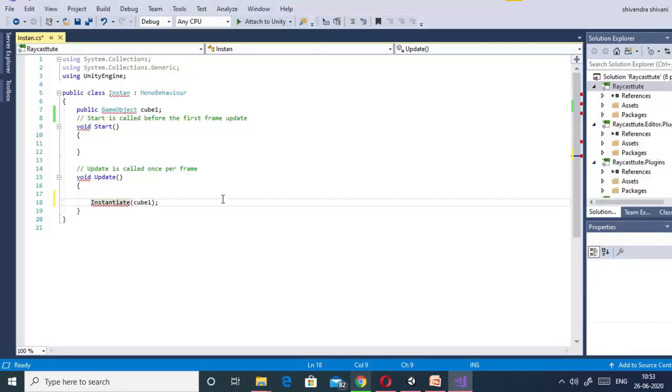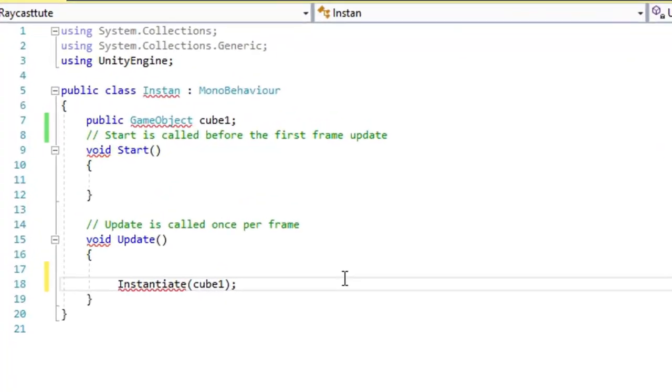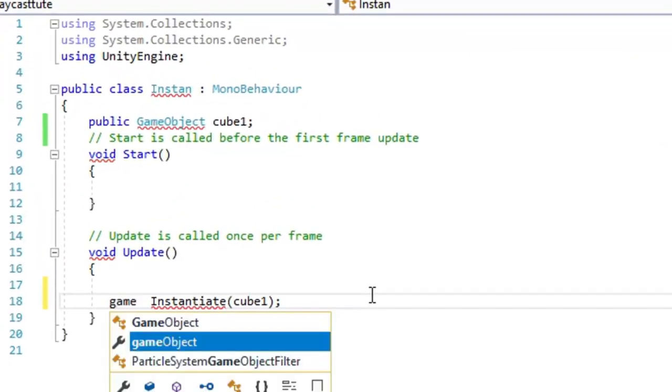As we have already seen in the PPT, destruction of the game object is also necessary because after a certain amount of time the clones of a game object will fill the memory. So for that we can destroy the game object like this.